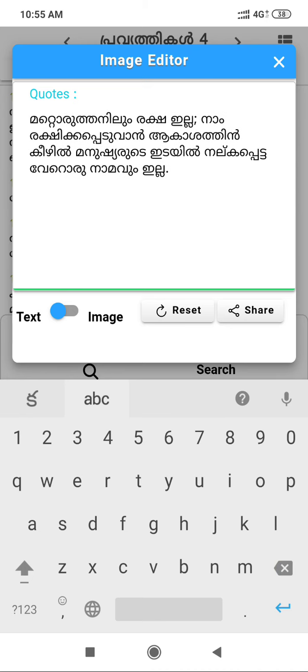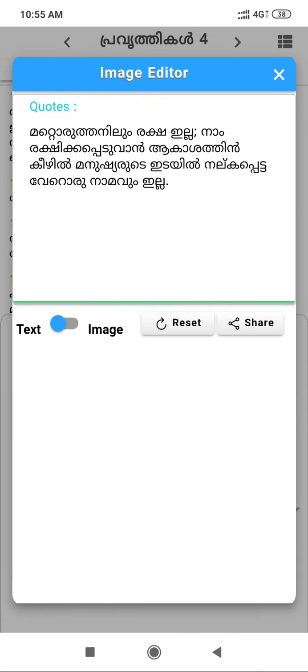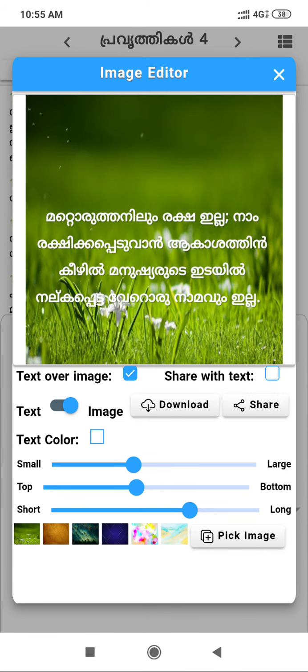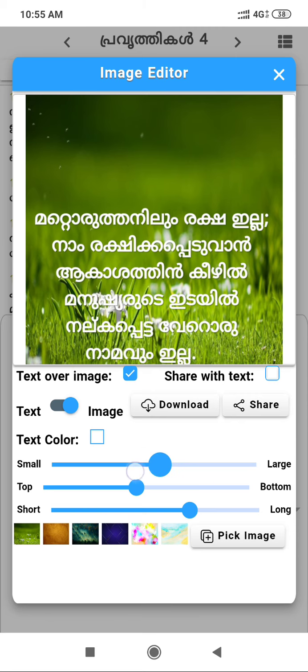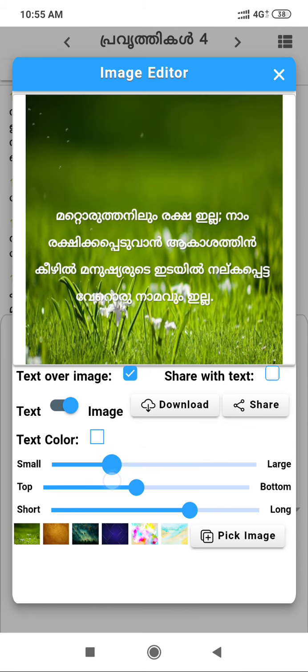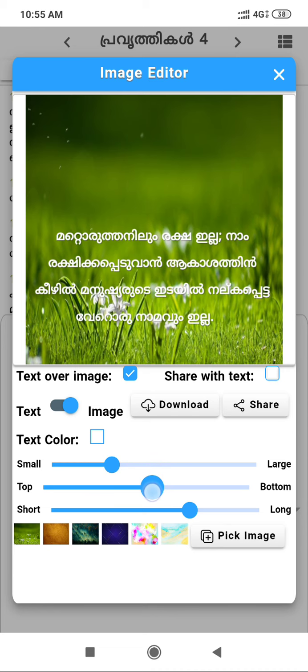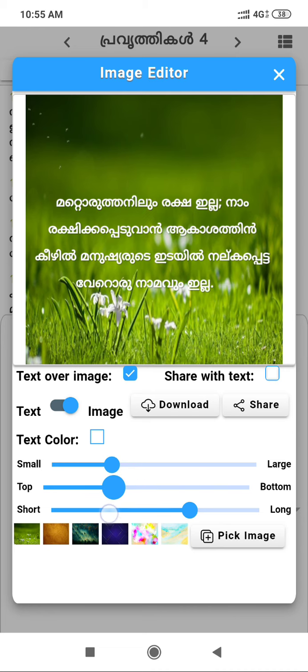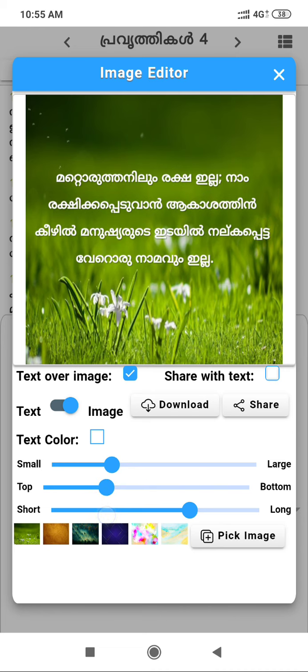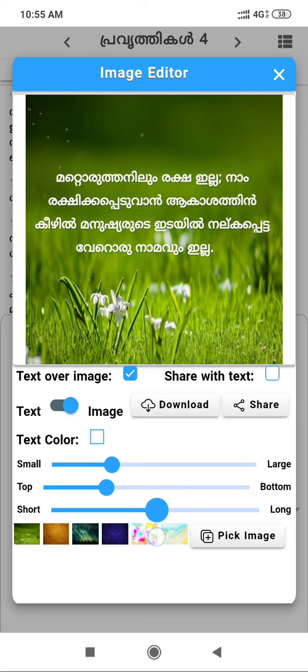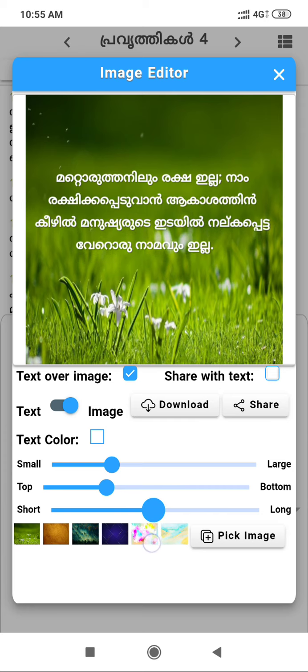If you want to send that code as an image, you have to click on that. Here in the image editor you will find some options. You can change the font size, increase or decrease it based on your interest, and place the text at the bottom or on top. You can decrease the line spacing between two lines.